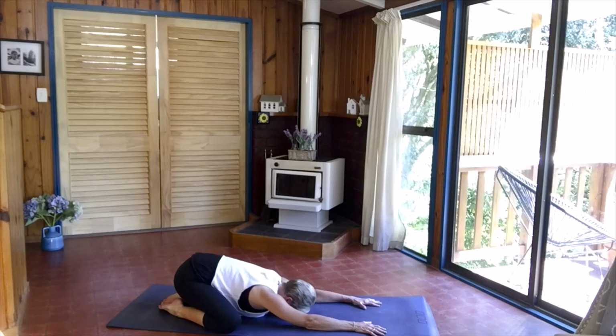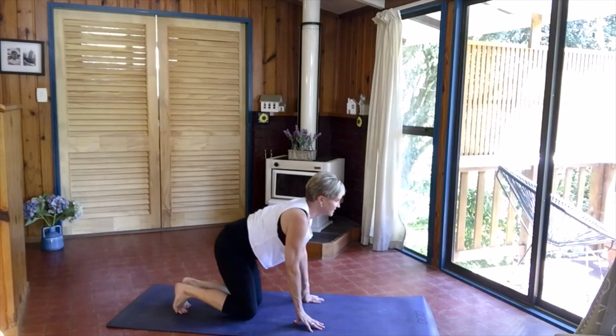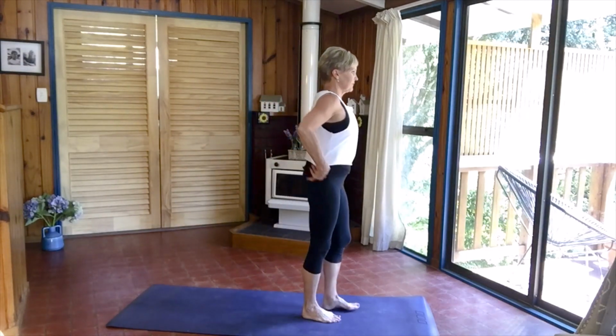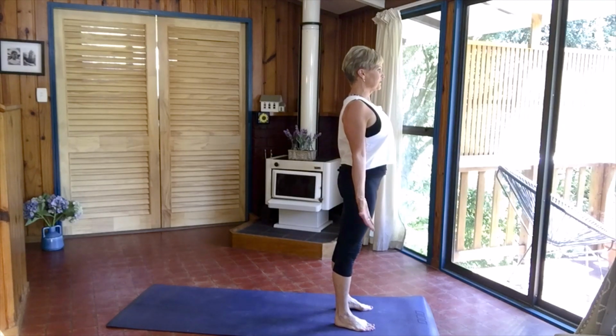And on the last exhale, pushing through your hands, bring your knees together, curl your toes under, coming to standing, and we'll come to the front of the mat. Place your feet hip width apart. Turn your palms to face forward,